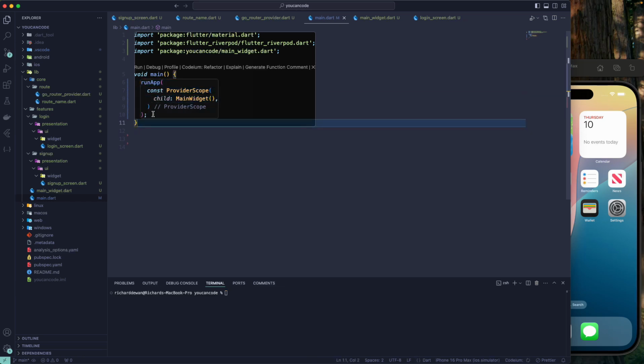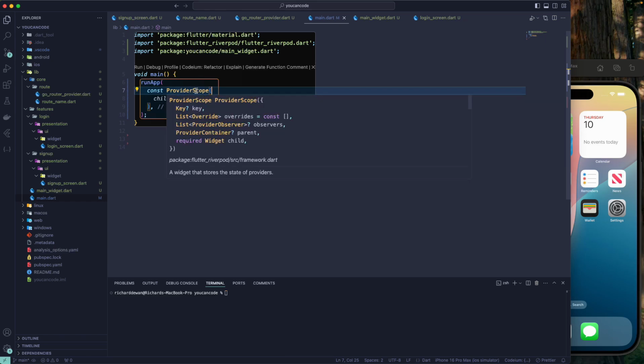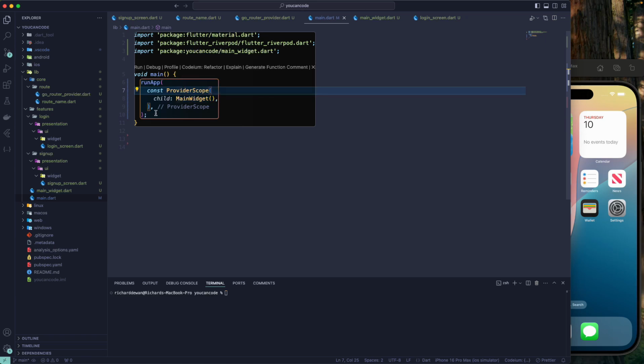So that should be good enough. And now we have the provider scope provided, and that will wrap all of the providers and slice all of the providers later on. If you want to access any of the providers down this particular main widget, the children or the sub-children of this main widget, then we can access that provider using ref.watch or ref.read over here. So we don't have to wrap each widget with the provider itself,